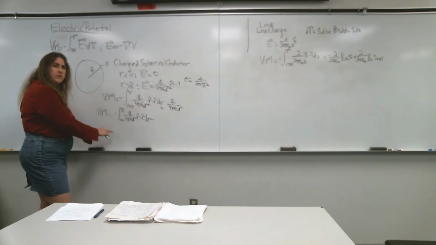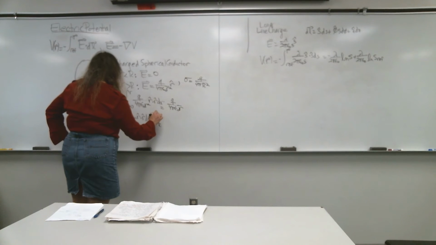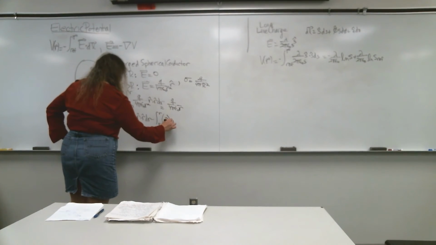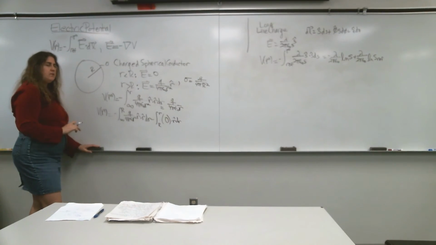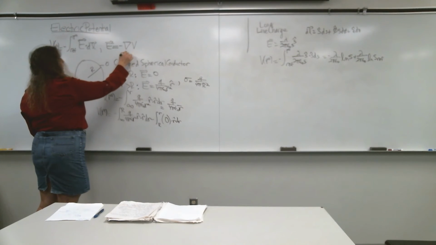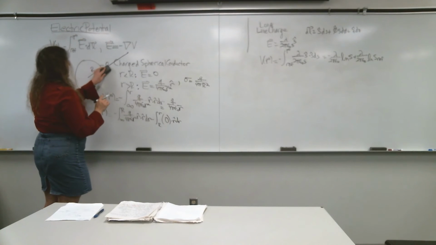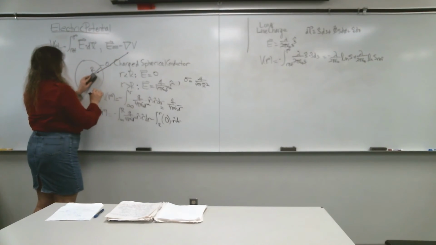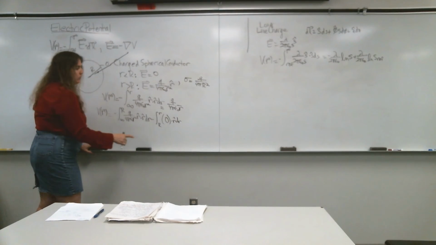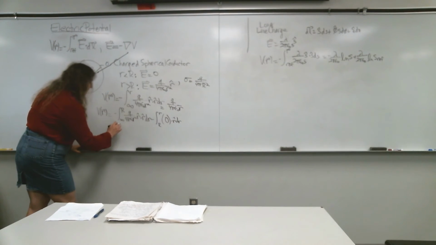First term going from infinity up to the radius of the sphere, and then from the radius of the sphere into the interior region, so somewhere way out here. First I calculate from here to here, and now from here to here. But notice the second term vanishes. Why? Because my electric field vanishes there. So what that tells me